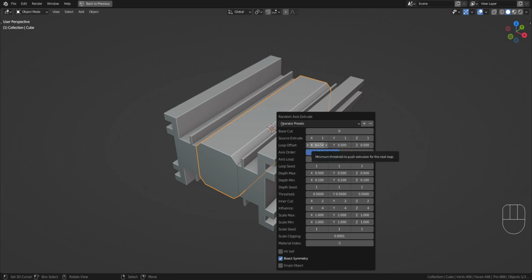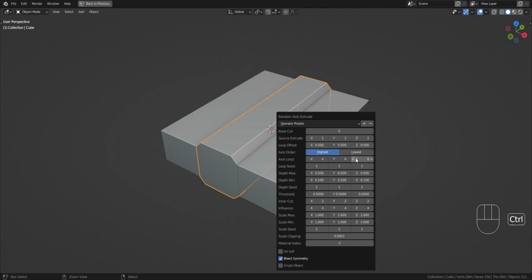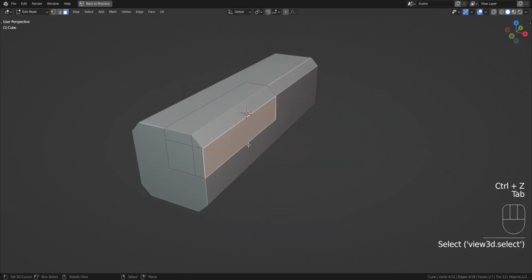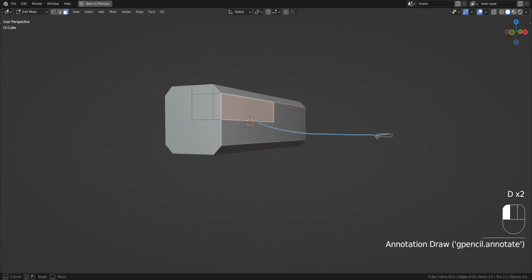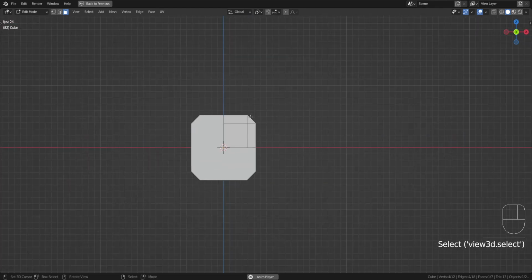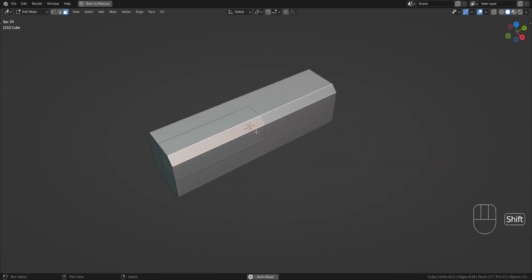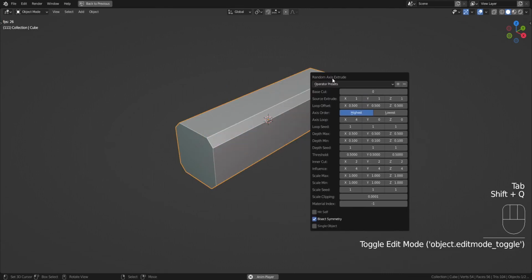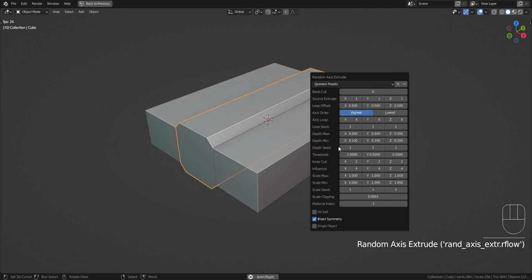So loop offset means that you can see here that this face is perfectly aligned to the z-axis, but this is also kind of facing the z-axis and also facing the x-axis. But if we want to include that in the x-axis, we have to go to the threshold. So let's increase this to 1, and